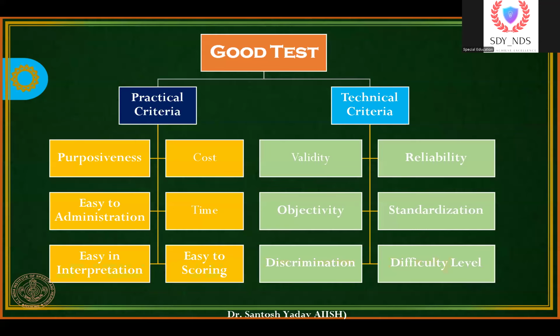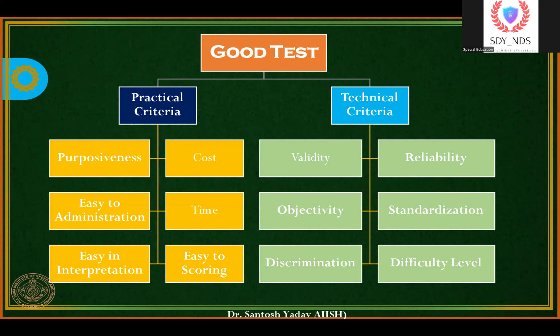A tape is also 10 rupees, 20 rupees, 50 rupees, as per the quality you can purchase. The material is different, but the measurement comes out the same. So that's also one of the good tools that can be administered by everyone, whether literate or non-literate. So that's a practical criterion. Then there is time. Time means it's not taking too much time. Like we tested and sent the material or sample to the laboratory, and the laboratory takes 1 month, 2 months, 3 months.